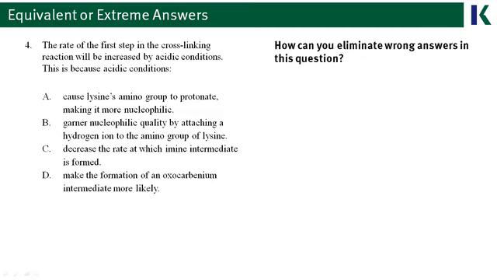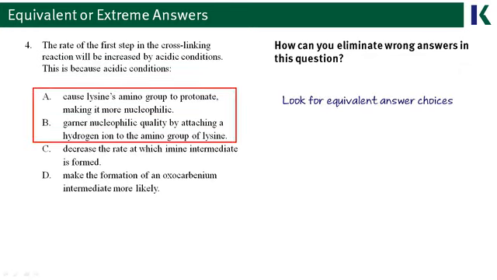Questions 4 and 5 really simulate being in a situation where you have to guess on the test, and that's why we find questions 4 and 5 in this particular lesson. So the idea here with questions 4 and 5 is that there are going to be some answer choices that happen to be similar. Take a look at number 4. You don't even really have to read the question, just look through the answer choices and try to find something that's equivalent.